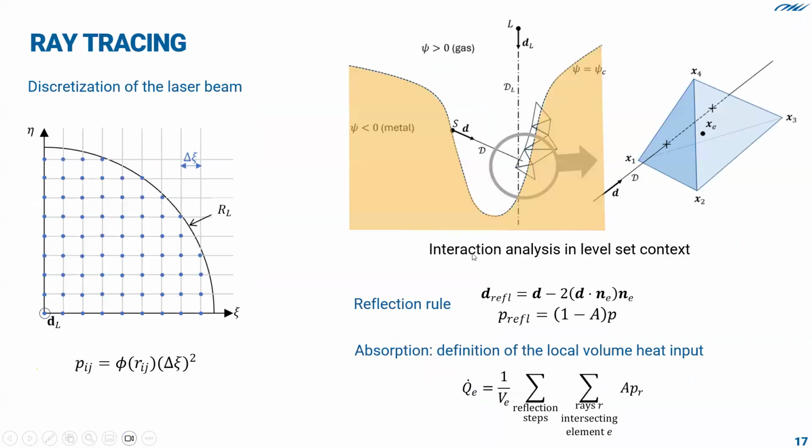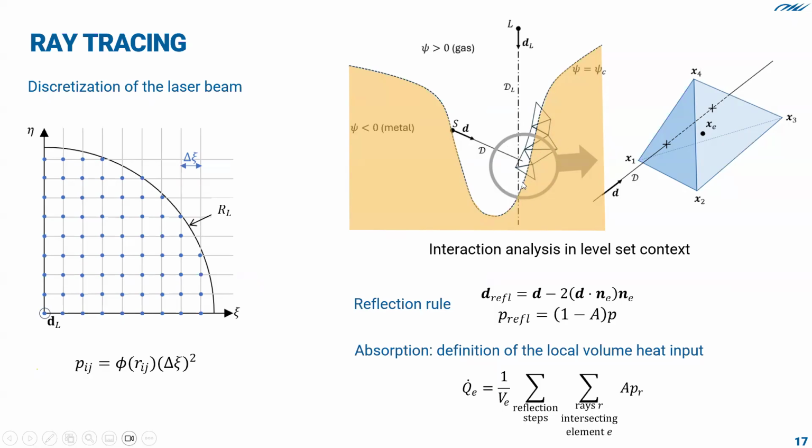So to avoid the requirement of this artificial increase of A, ray tracing is a good method. So you discretize the beam in a great quantity of elementary rays, which are carrier of a certain energy or a certain power, more precisely. And then geometrically, you analyze the trajectory of each elementary ray and its reflection.